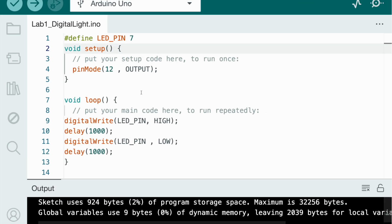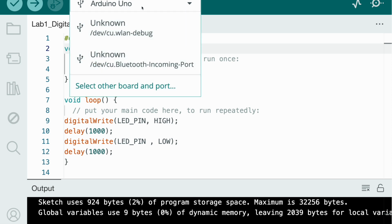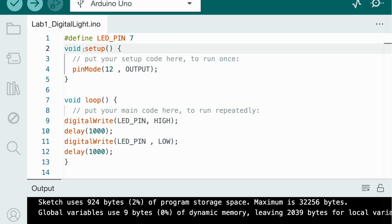So I'm going to do full screen. You also have to select your board here, like Arduino Uno. There's a bunch of other boards, so just press Arduino Uno. I already did everything, so I think you just have to press your Arduino board, then you're good to start